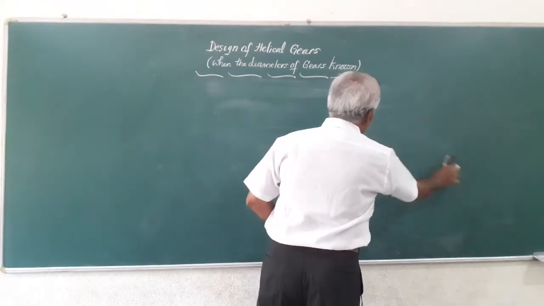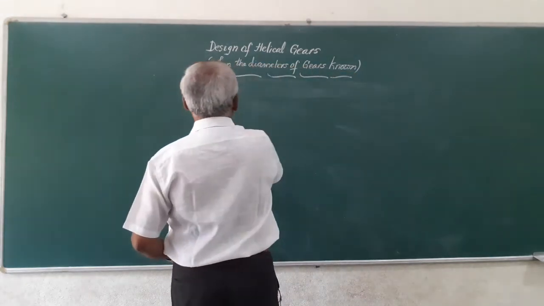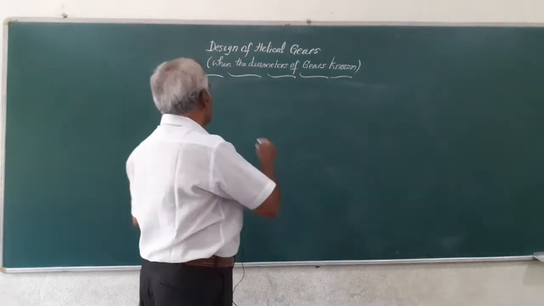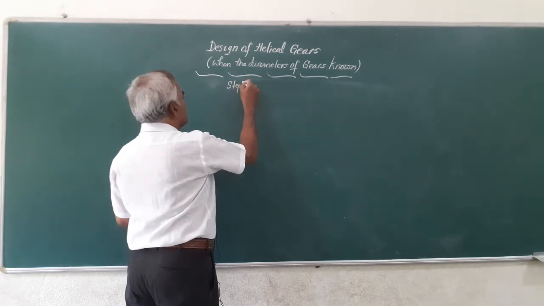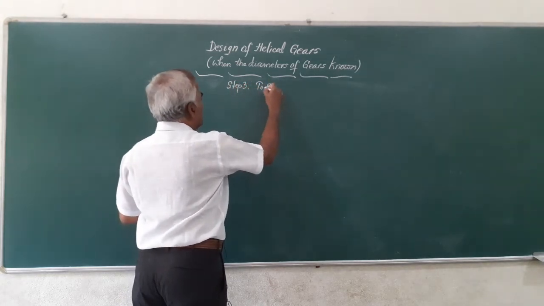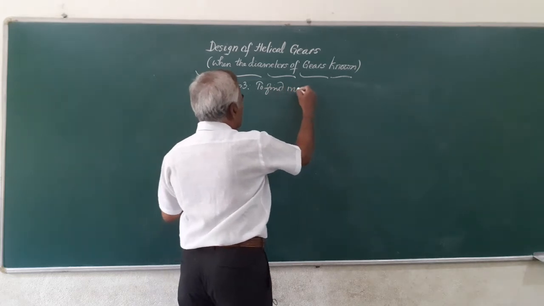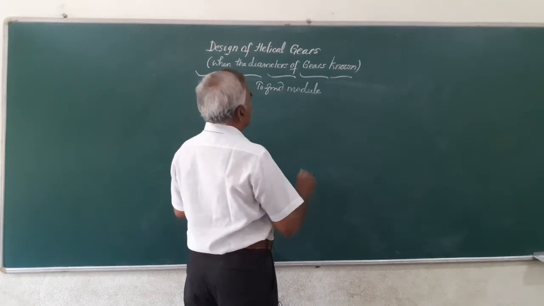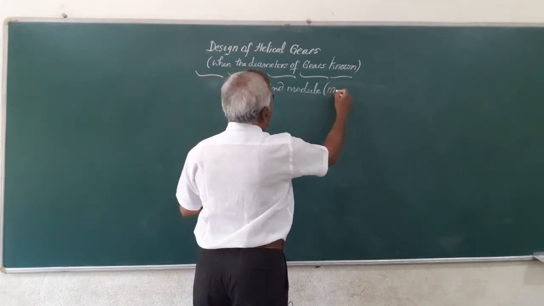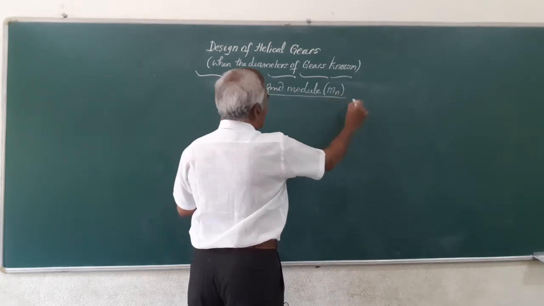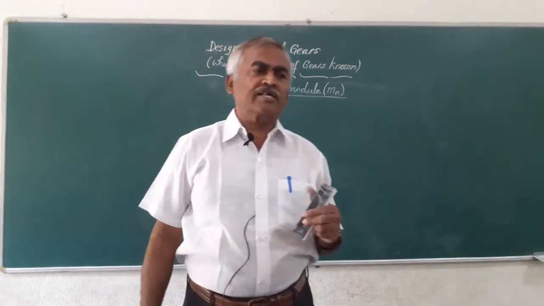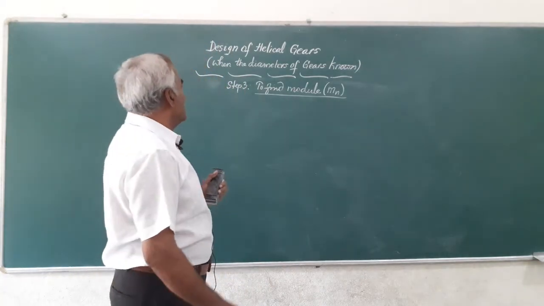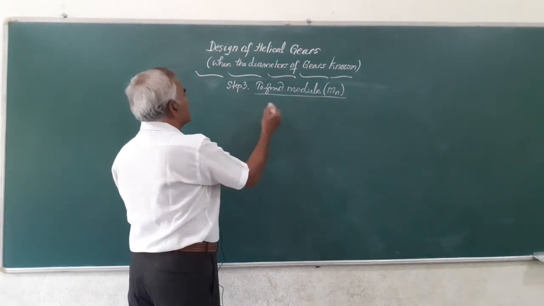Friends, in the third step we are going to find out the value of module. So here in step number 3, I will write down step 3, to find module. In helical gears, you got 2 modules. One is the normal module, other one is tangential module. So I will say normal module Mn. So how to find out? Similar to our spur gear, here also we are going to use what is called the modified Lewis equation to find out this module, and the equation is like this: